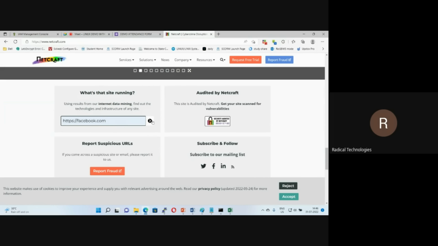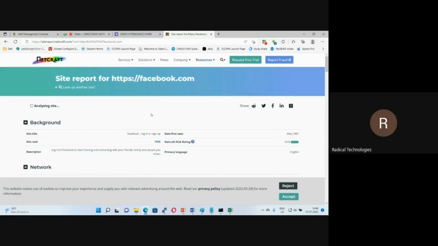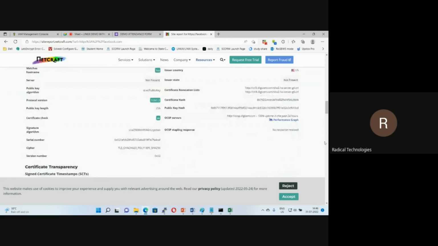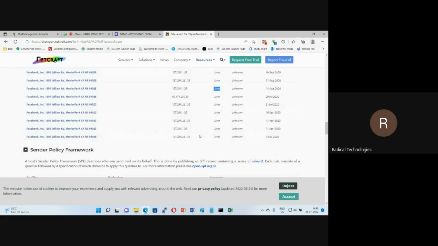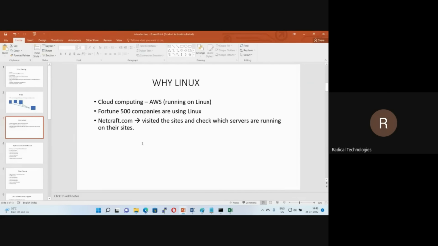If I go with that, I just want to know what platform they are using for managing their servers for Facebook. So guys, you can see here which OS they are using. Linux. That means Linux is very, very popular. My intention is to tell you that Linux is very, very popular. If you go with Netcraft, you can search, guys, Google also runs on Linux.